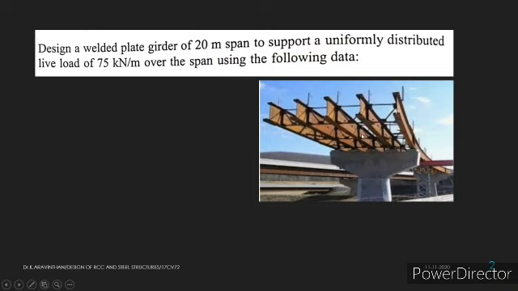The welded plate girder could be designed by using other sections also. This is an I section. The construction could be designed for built up section, angle section, C section. There are different types of steel cross section according to the type of load and according to the experience of the designer and the load flow. So there might be some load which is coming to the girder. So according to the type of load, the cross section could be designed.